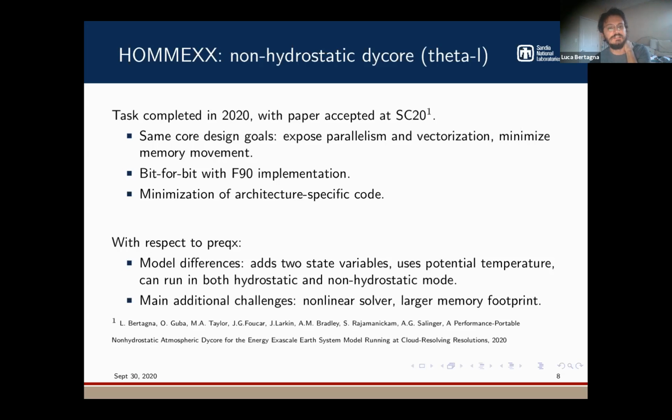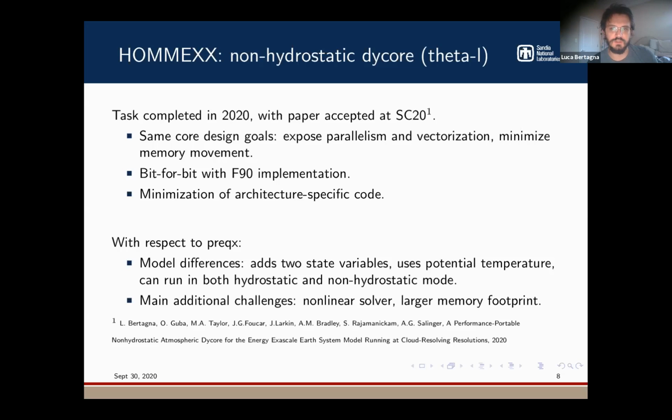which should appear whenever Supercomputing releases its conference proceedings. We used the same core design goals that we used in our previous effort for the hydrostatic core, which are fairly common across different projects. When you want to use new architectures effectively, you have to expose as much parallelism as you can to fully utilize, especially, the GPU. But of course, you don't want to lose performance on conventional CPUs or KNL, because we still have quite a few clusters that we want to use for science experiments, and that means you have to vectorize really well,